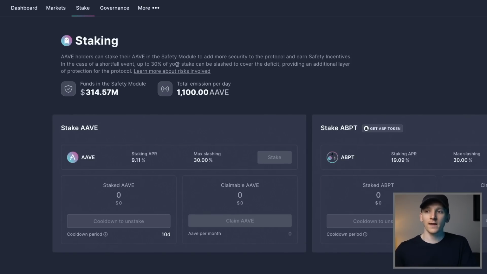But this is what they call the safety module. If there are any non-payments of debt for some reason, the system wasn't able to trade out in time or something like that, and there's a shortfall, then they're going to take some of these Aave tokens and sell them in the market to make up the debt. And so you're getting paid 9% essentially for providing insurance to the protocol so that it can pay back all of its debts, just in case it for some reason doesn't have enough collateral or can't trade out in time.